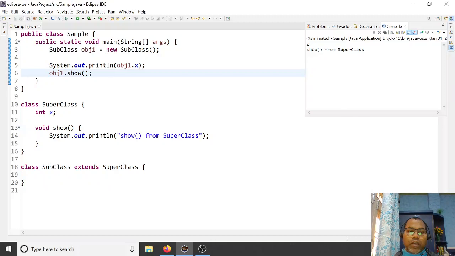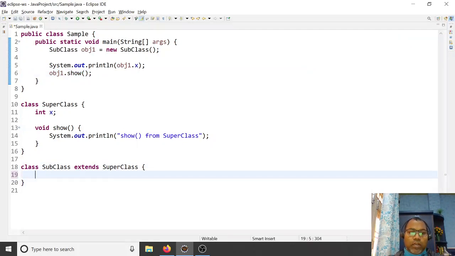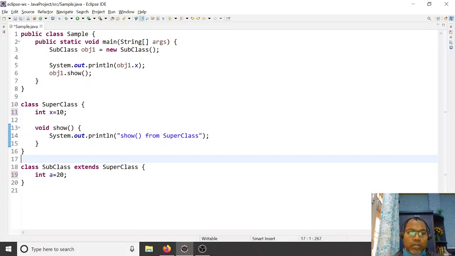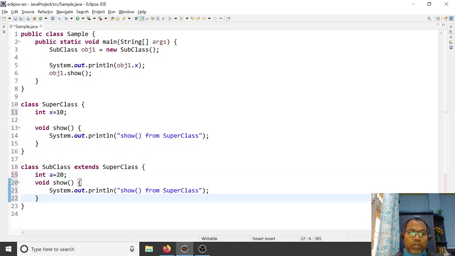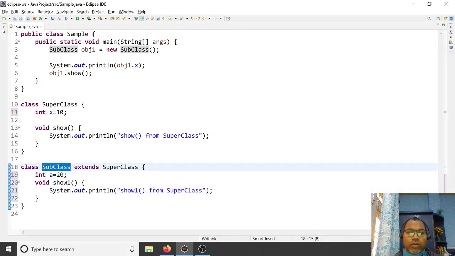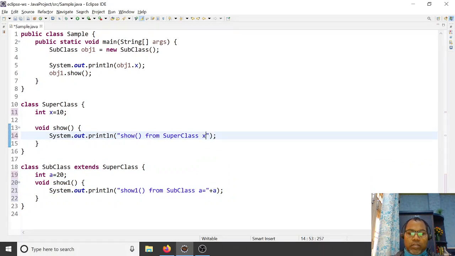You can also define your own members in the subclass. Here you can say integer a equal to 20, and here you can define another method, like show1, which prints a from the subclass, a equal to plus a, and x equal to plus x.